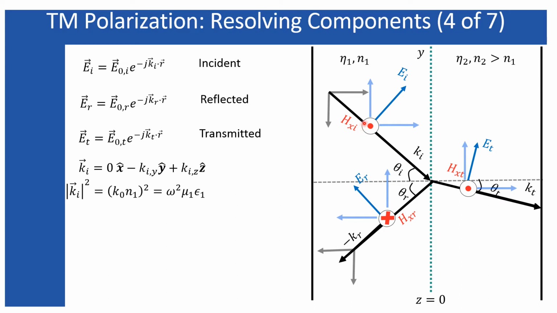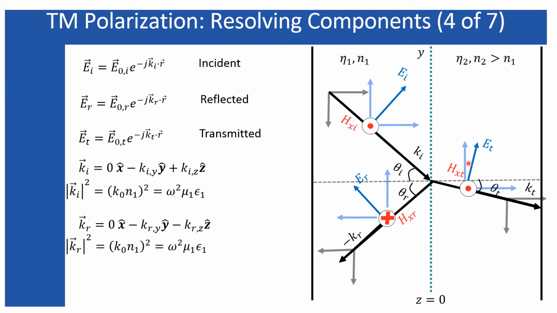Similar to the incident wave, the reflected wave can also be decomposed into the two directions, and that can also be represented in this way. But in this case, the z direction is also presented with a negative sign over here, because the z direction of the reflected wave is directed along the negative z direction. And in this case also, the refractive index is the same as the previous one, because both the incident wave and the reflected wave remain in the same medium.